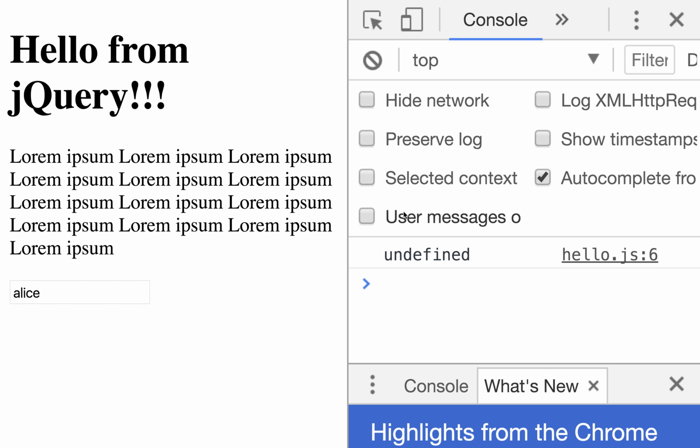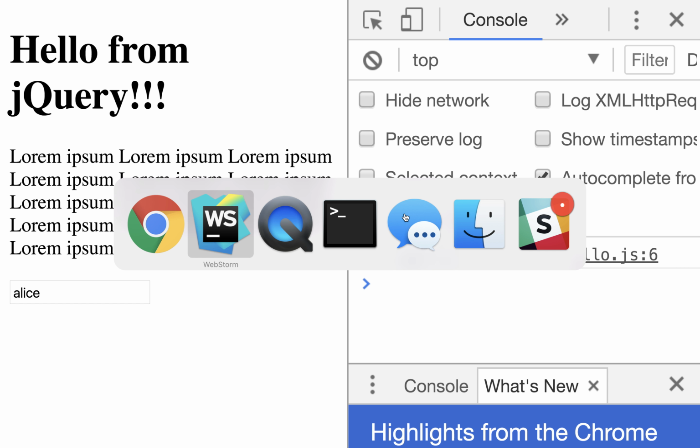So what jQuery allows you to do is to encapsulate everything inside the following. Let's copy this. This says that I'm going to grab the document object, which we know represents the DOM, and I am going to apply the ready function on it.